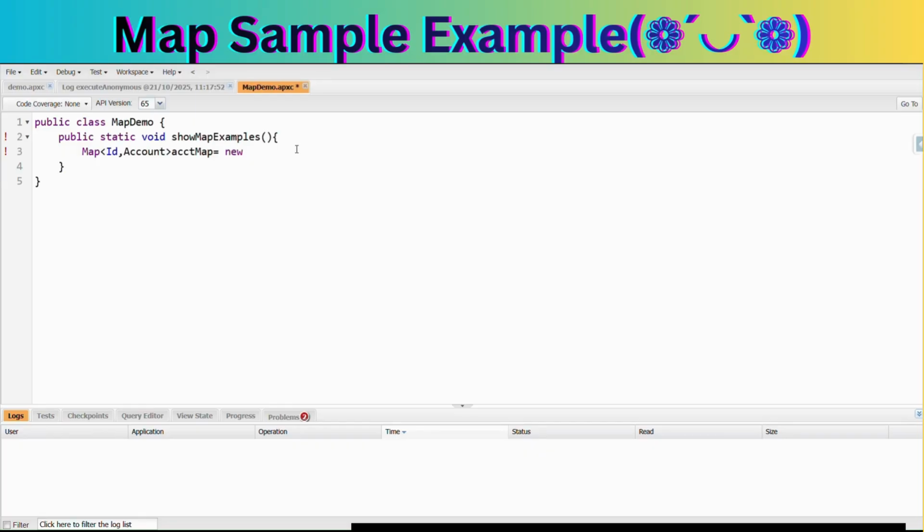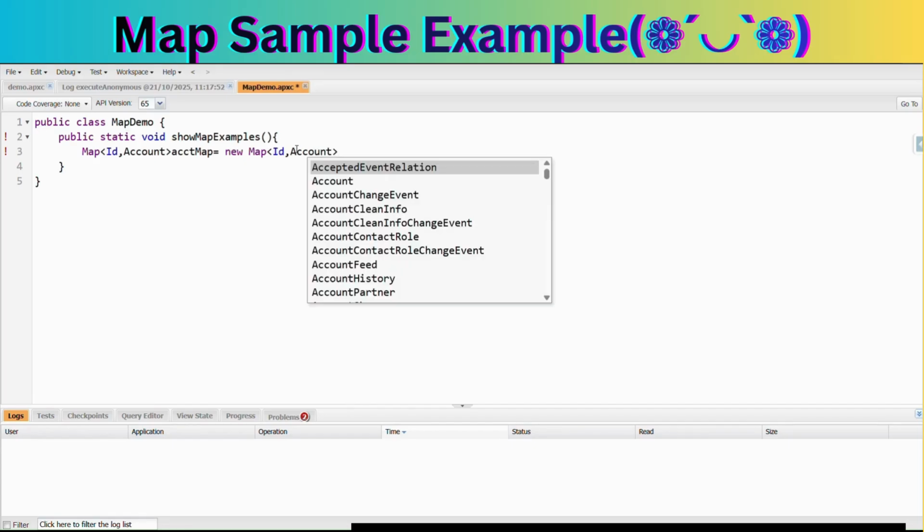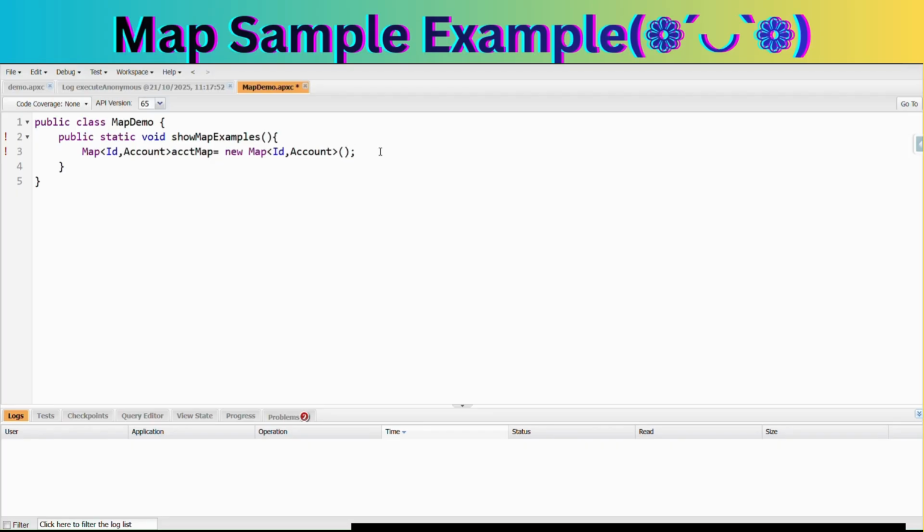Here first we will create our first account ID. I created a map of account IDs to account records. This is the format of creating a Map of account ID, account, named account map. We will create everything one by one. First we are creating a simple map of ID to account. After that we will add some key value pairs by using the put function. So account A1 is a new account with some ID value and some account name.